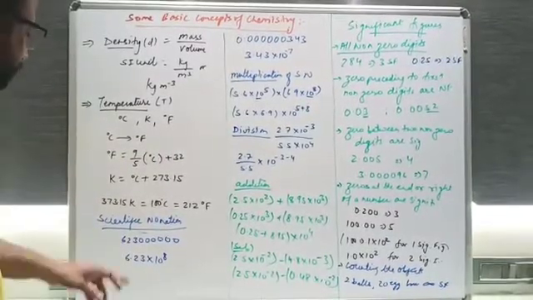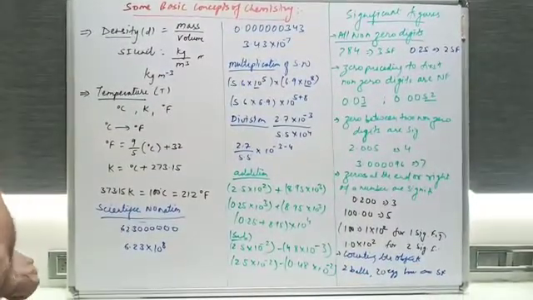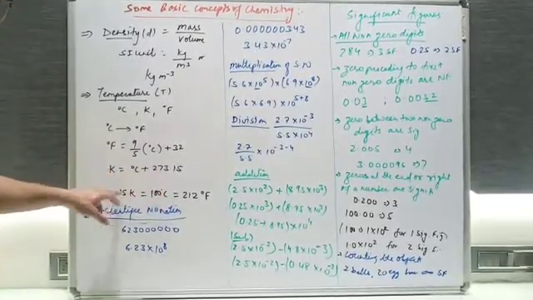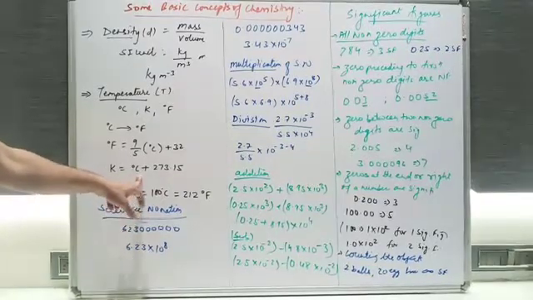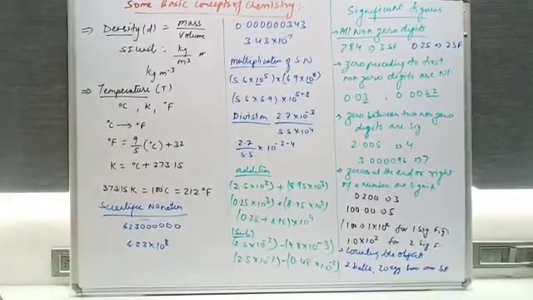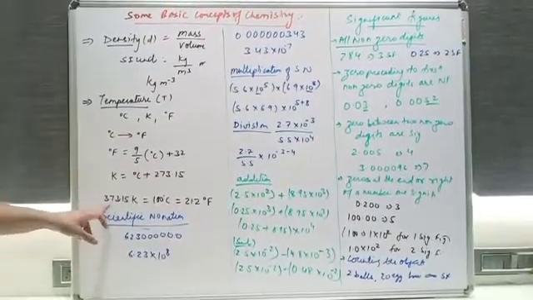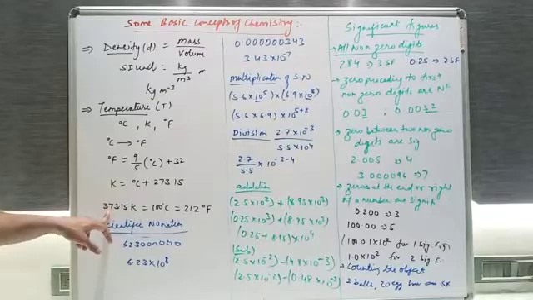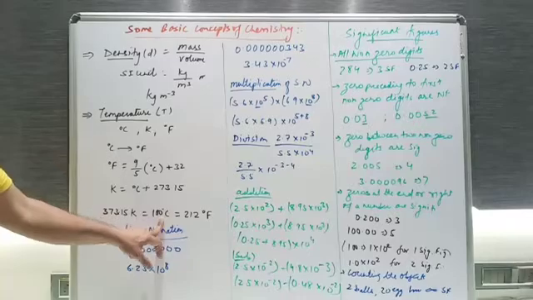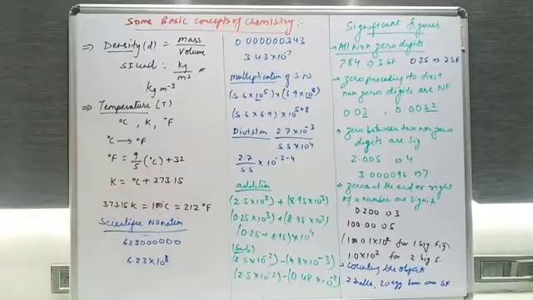In the same way, if you want to convert degree Celsius into Kelvin temperature, then whatever the degree Celsius temperature was, that has to be added to 273.15. Suppose 25 degrees Celsius was there, so 25 plus 273.15, and after addition you will get the answer in Kelvin. So there are three scales which are equal to each other. You know that 100 degrees Celsius is the boiling temperature of water. So this will be 373.15 Kelvin, equal to 100 degrees Celsius, and that will be equal to 212 degrees Fahrenheit. This is the equal boiling temperature of water.